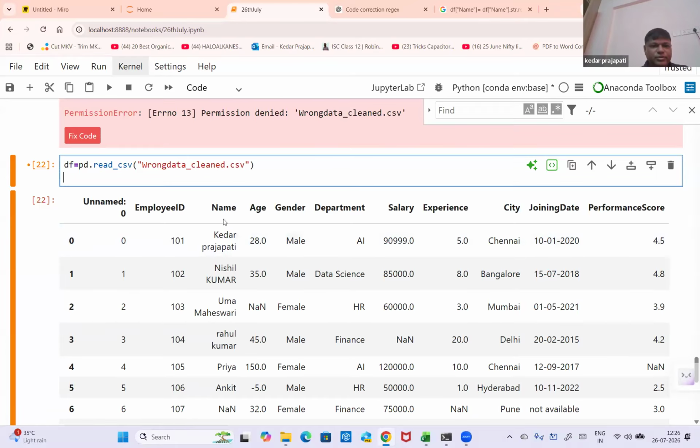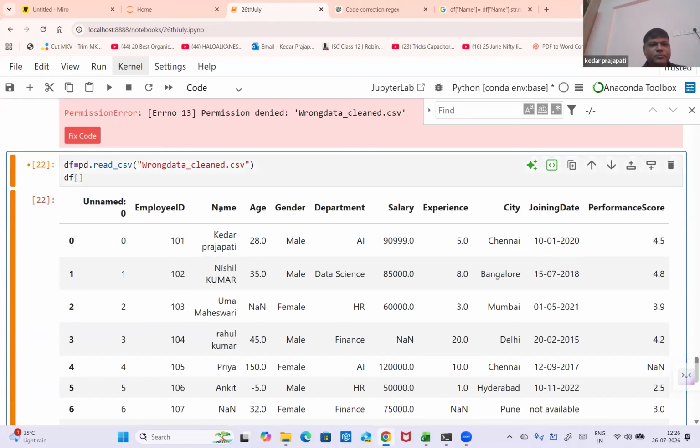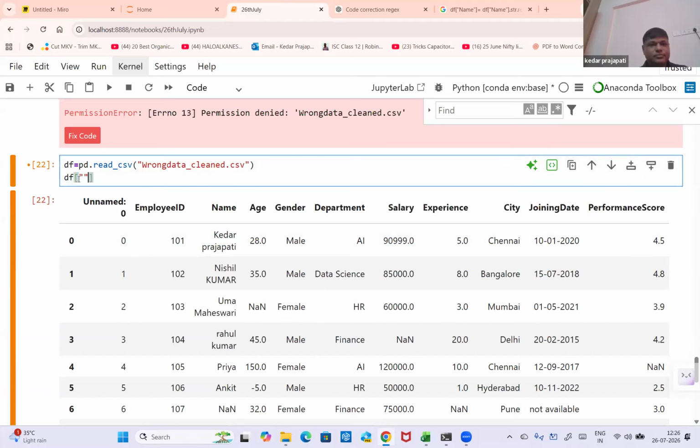In which column we have to do? Kedar Prajapati is there. Suppose I want to change them into lowercase. So I have to take df of name equal to